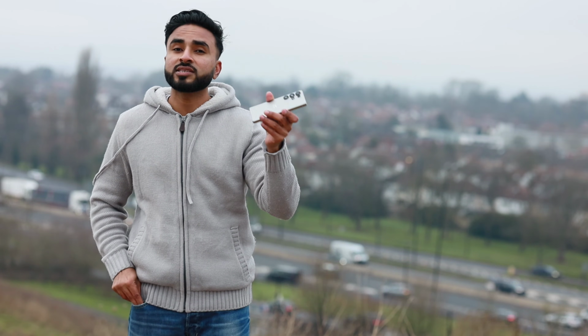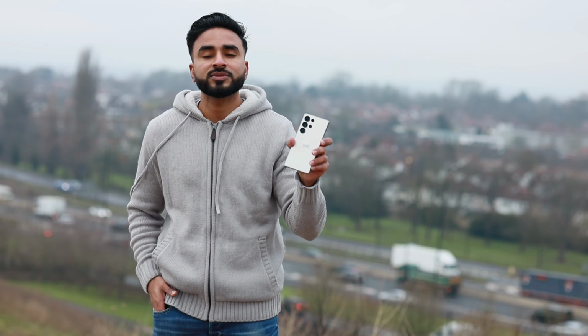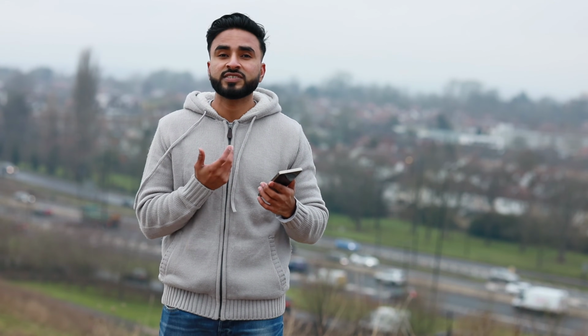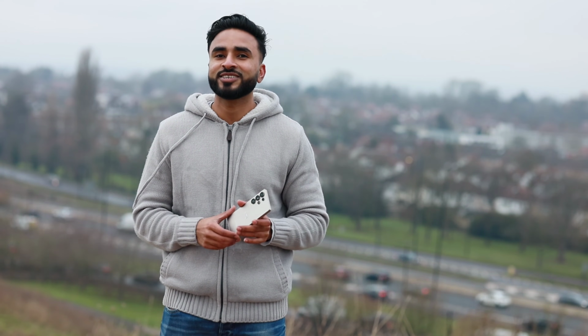So the battery, if you guys know about the battery, there is no change. The battery will be the same as last year, which is a 5000 mAh battery, but because the processor is more powerful and more efficient, definitely you will see a battery improvement as well in this Samsung Galaxy S25